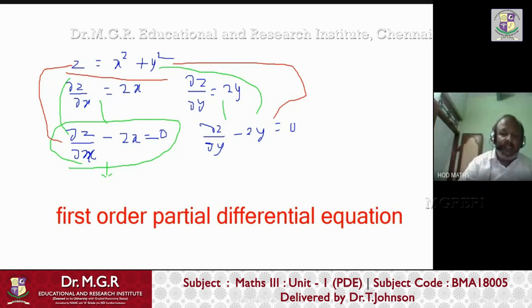So this is the partial differential equation. In our unit 1, we are going to study only this: how to form a PDE, how to form a partial differential equation from an ordinary equation, and then how to solve a PDE. Solving a PDE means, from the differential equation, how we can get back to the original equation. The original equation, that is z equals x plus x square plus y square, is the original equation, right? And they call this the solution. So the solution of a PDE is nothing but the original equation.